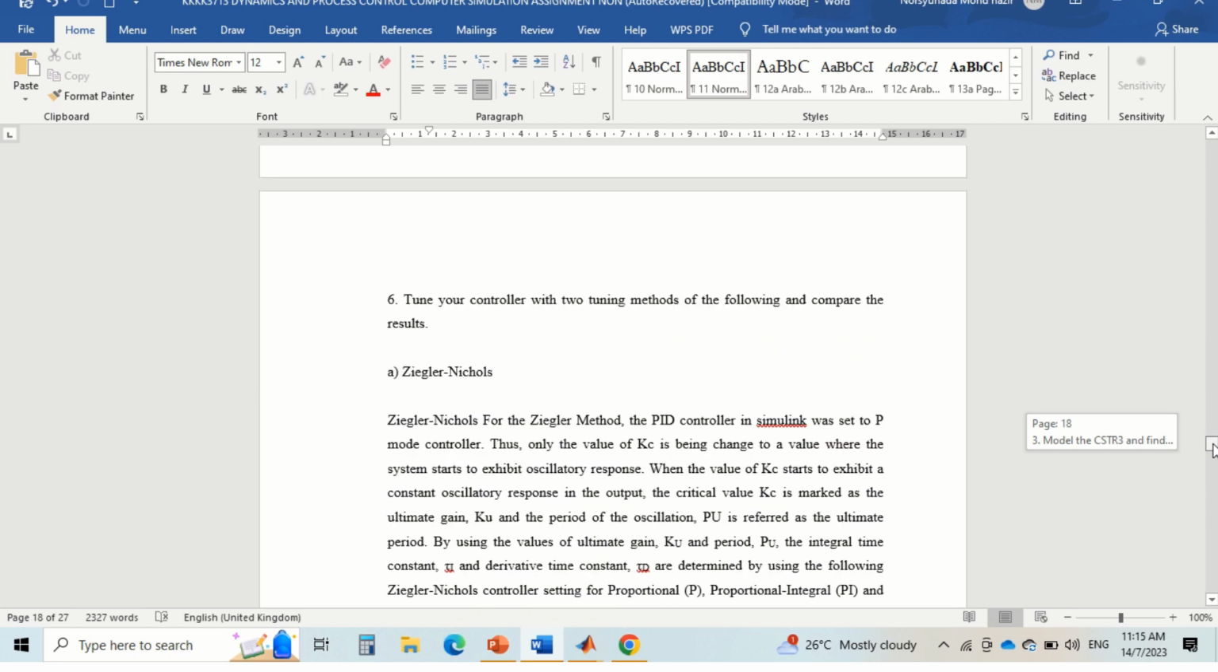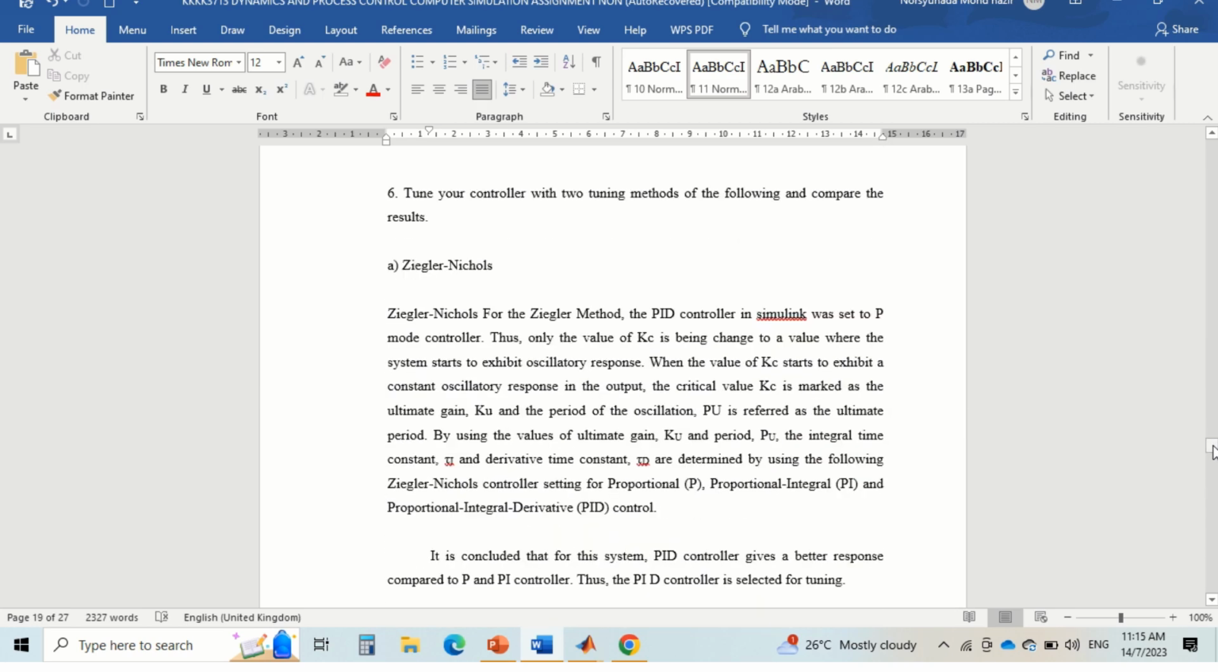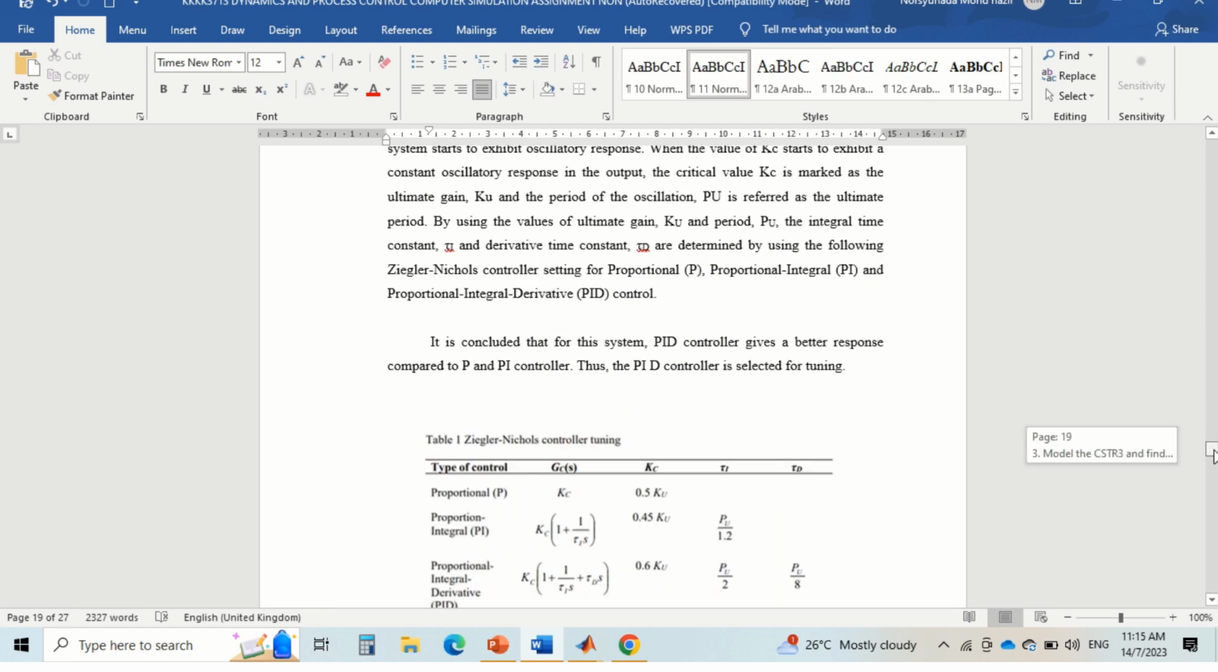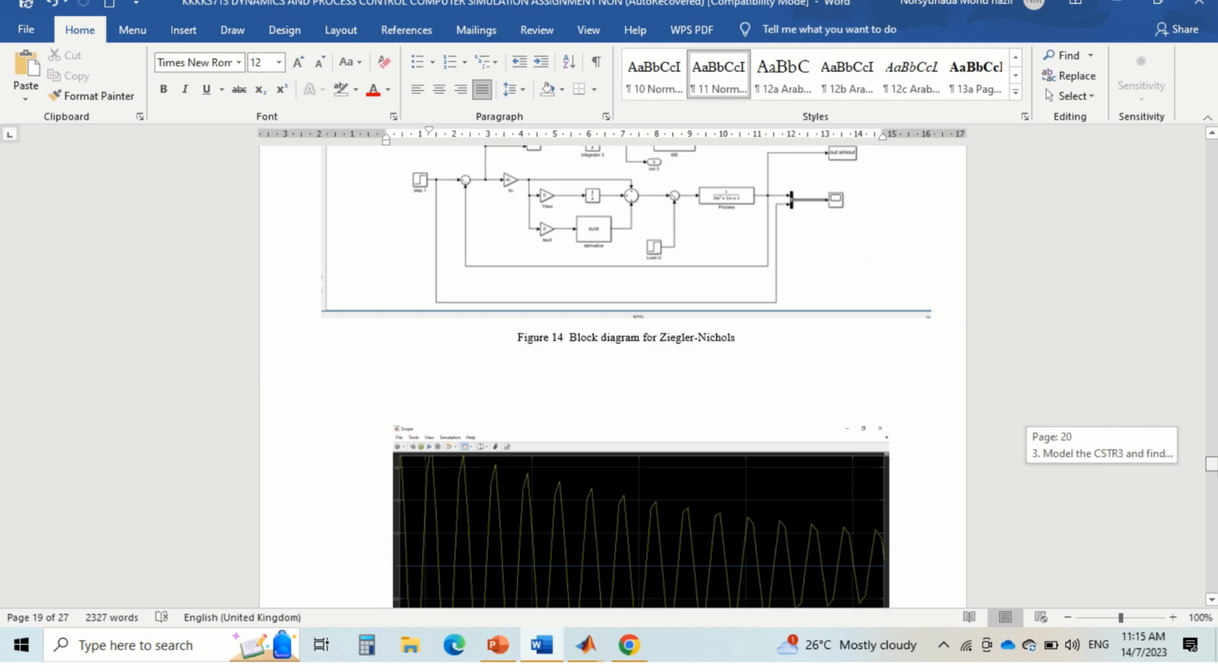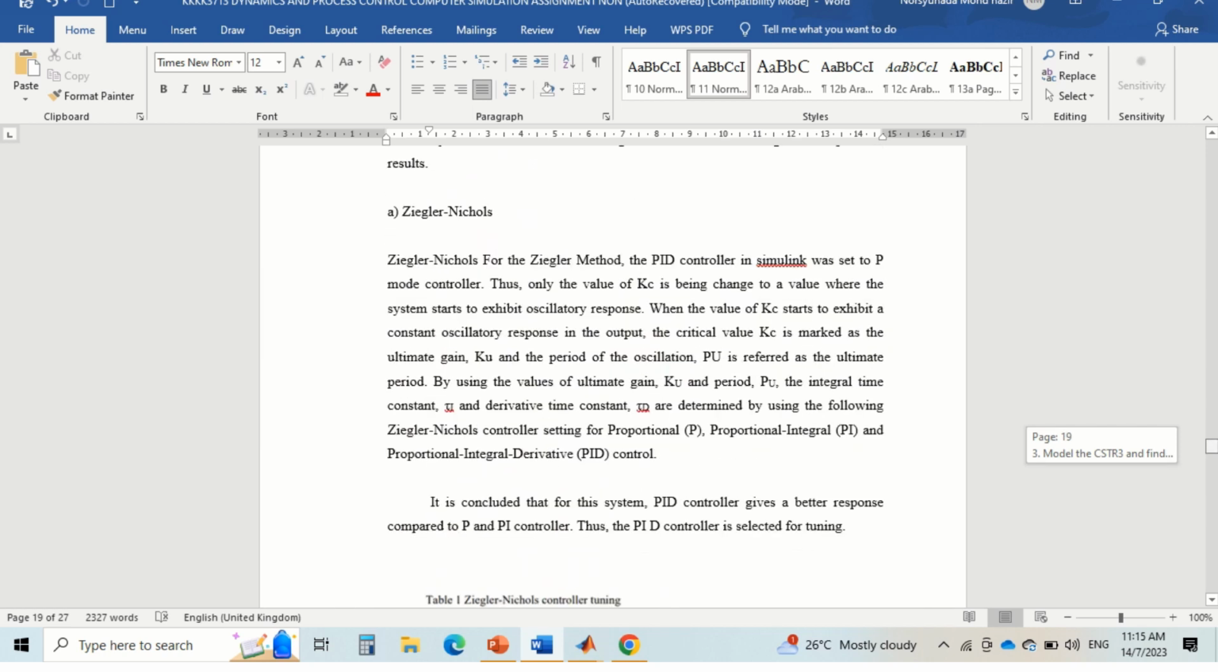So, the next question is, tune your controller with two tuning methods of the following and compare the result. A. The Ziegler-Nichols, and B. The Cohen-Kuhn method. For the Ziegler-Nichols method,